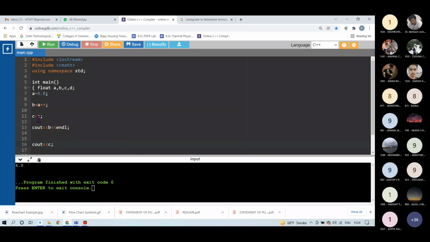So after this ninth line, the value of A will stand at 5.8, and now this value 5.8 I am assigning to a variable C, and later on I am calling this variable C. So that's why it is showing 5.8. 4.8 and 5.8. So these types of things have been asked in this particular question.